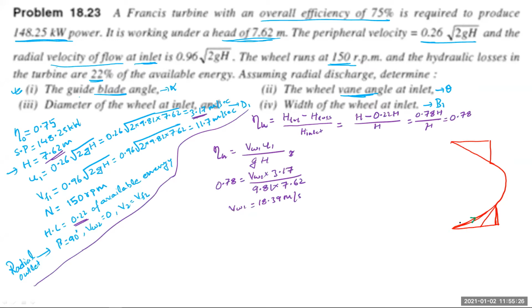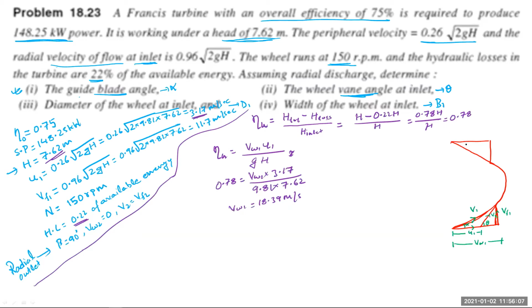Here on this side, we know that this is your V1. Okay, this is your U1. U1 is from here up to here. This angle is making alpha. This is making angle theta, and this is your VR1. This is your VF1. Now the horizontal component of V1 will be your VW1. VW1 is from here up to here.